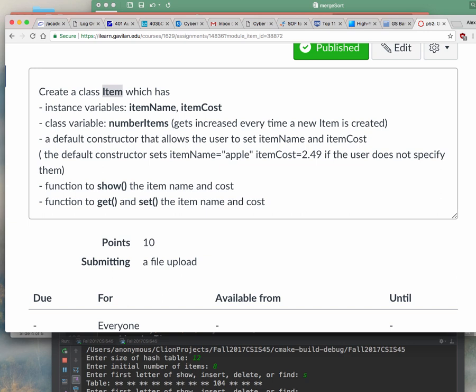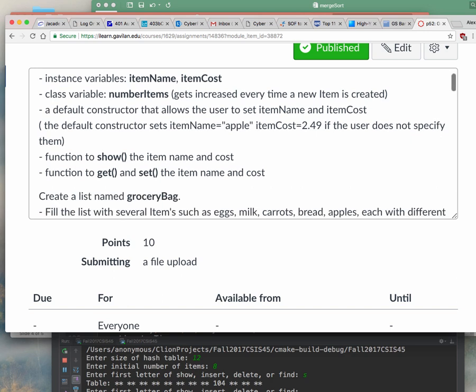But you can only add to one side of the list, and you can only remove from one side of the list, right? So that's one example of a data structure. And the way you do that is, you're actually going to have the list inside of a class, and then you're only going to provide functions so that you can add and remove on one side of that list. Because normally you can insert in the middle, you can put it in the beginning, you can delete one of them.